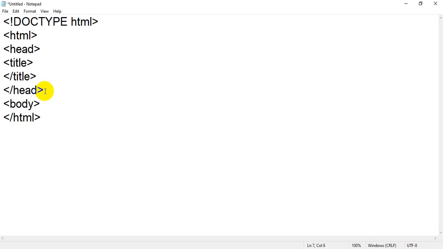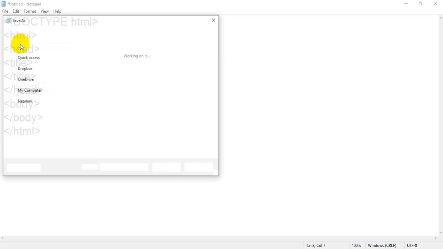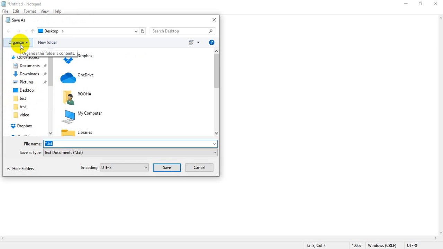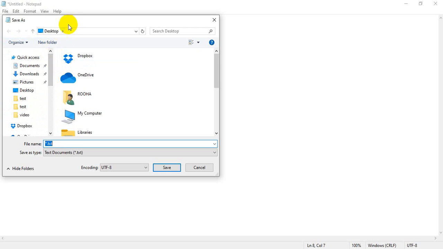We have seen all these in standard 11 as well as we have seen in last video too. So don't worry regarding this tag, just save this file. How to save? Click on file, click on save. So it will save the file. It will ask where to save. We have a number of locations in our computer, like we have D drive, E drive, G drive. We can save anywhere, but we can save on desktop, so easily accessible place, that is desktop. See, this is a desktop.